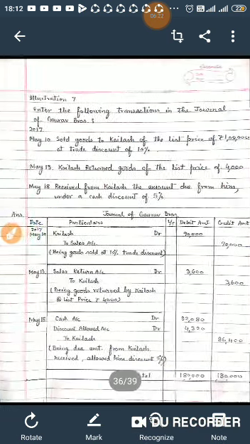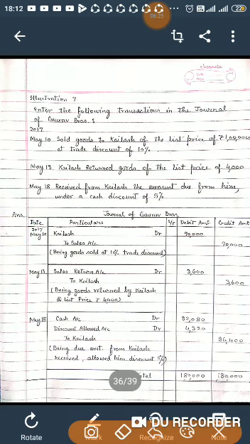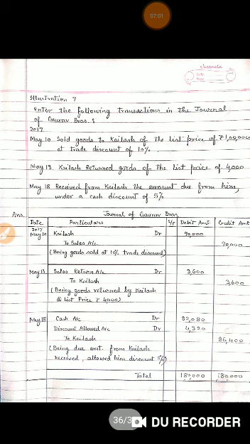So in the journal we will show it in this way. Cash is debited with 82,080. Discount allowed, which was a loss for the business, is also debited 4,320. And Kailash is the giver of this cash as well as this loss. Total amount is credited with 86,400. After passing the journal entry, we will write the narration: being due amount from Kailash received, allowed him discount 5%. After that we will total the debit amount and credit amount, and we will write the total in this way.